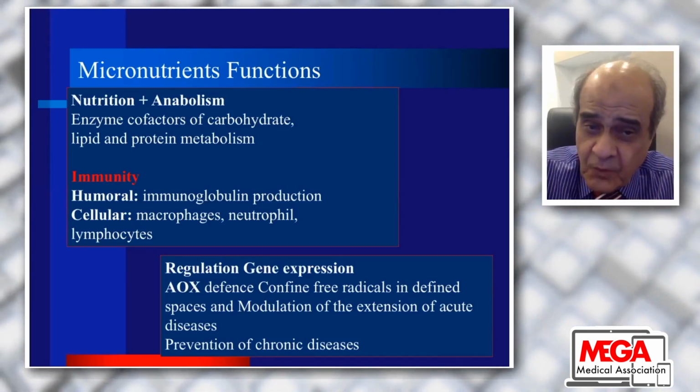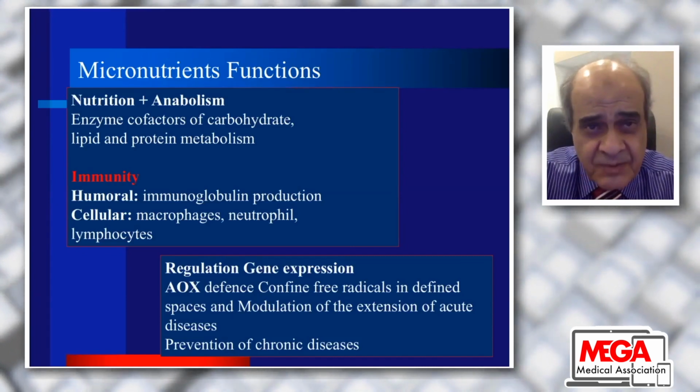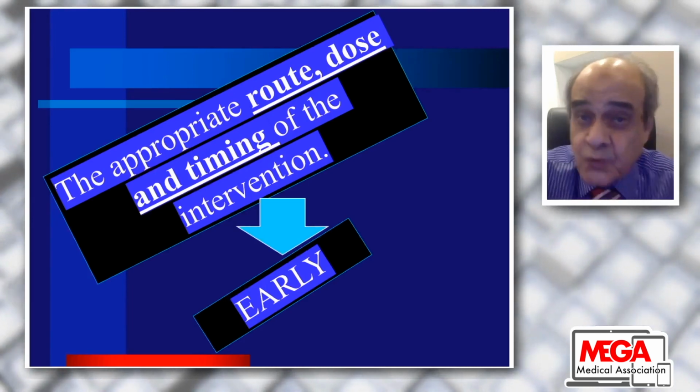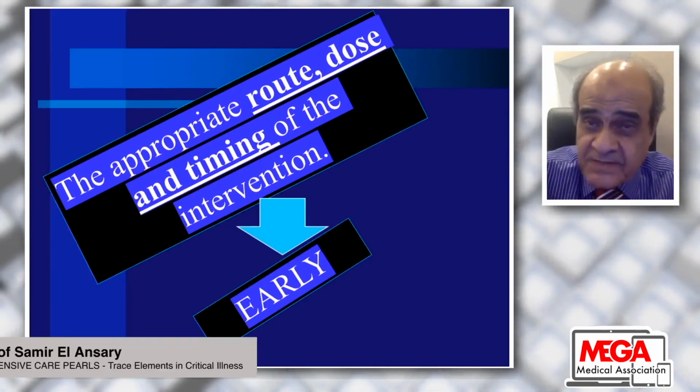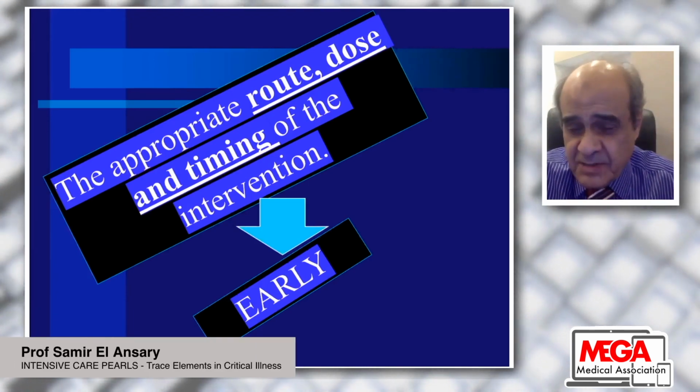Also, it has a role in the prevention of chronic disease. And so a trace element, as we will see, is very important for critically ill patients. The appropriate route and dose of the trace elements may be really difficult, and we depend on many measurements,